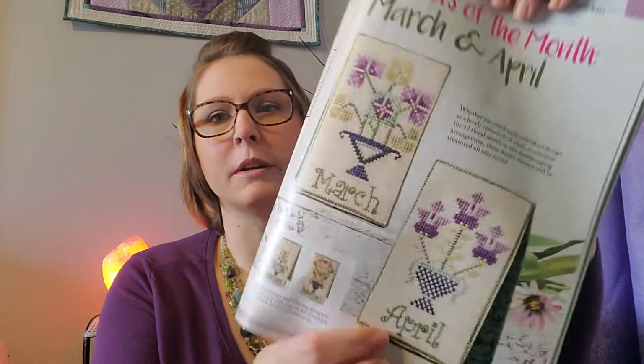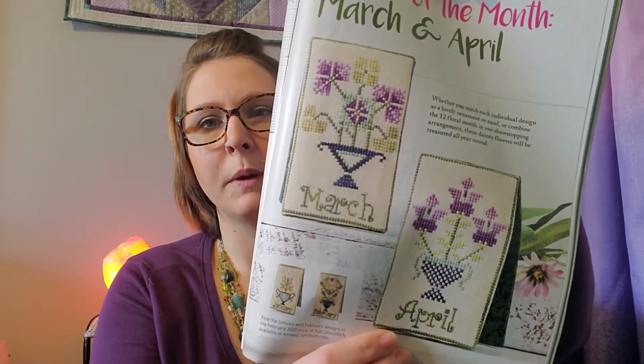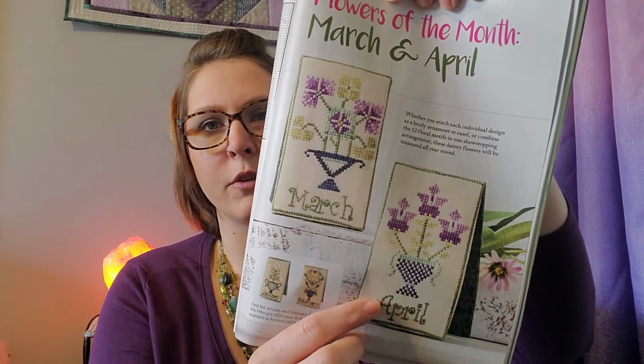because I've been wanting it because of the flowers that I'm working on. So this is the March and April ones. So hopefully I'll be able to at least get the March one done before the end of the month. I still have to do February's, but that's okay. I don't know, some people were complaining about this one,